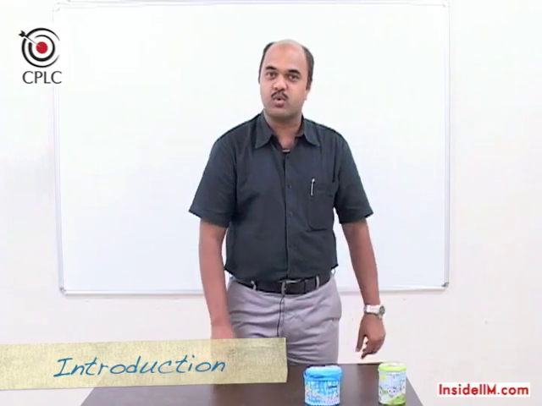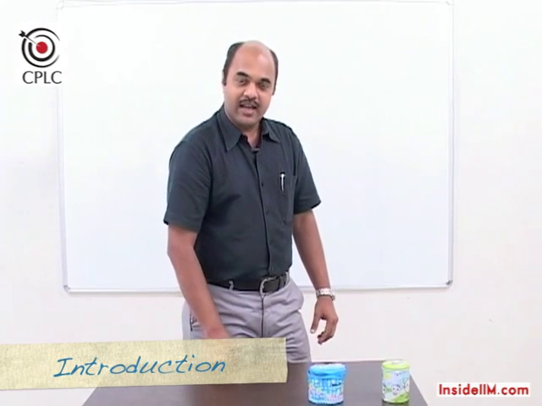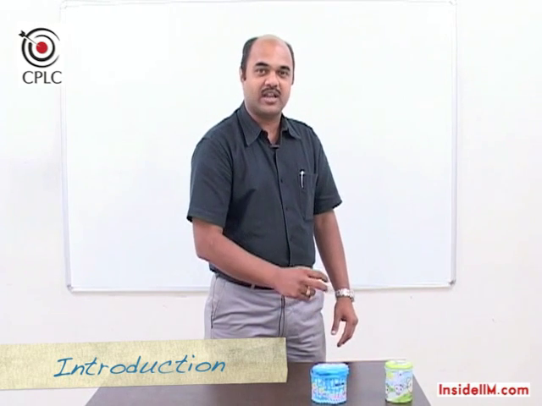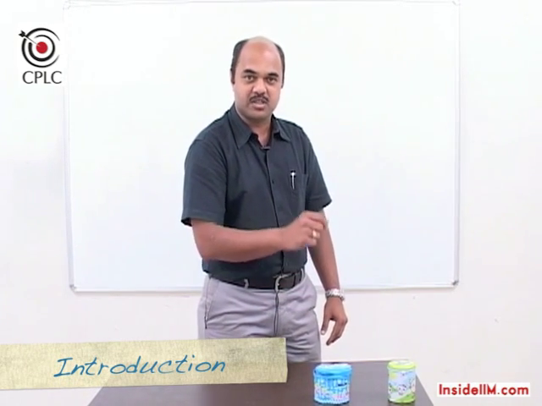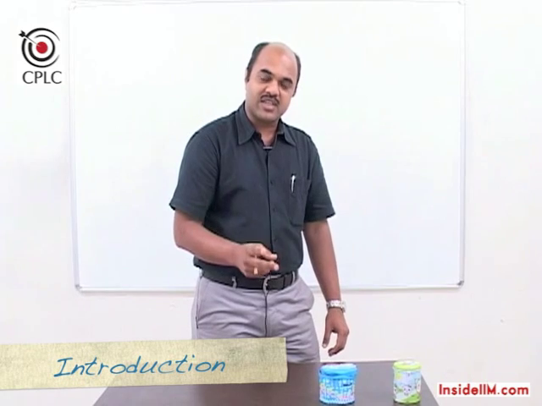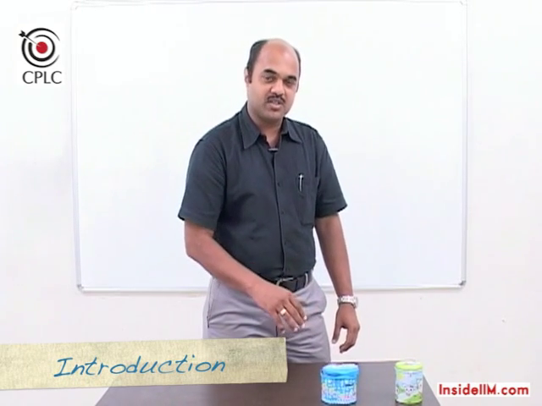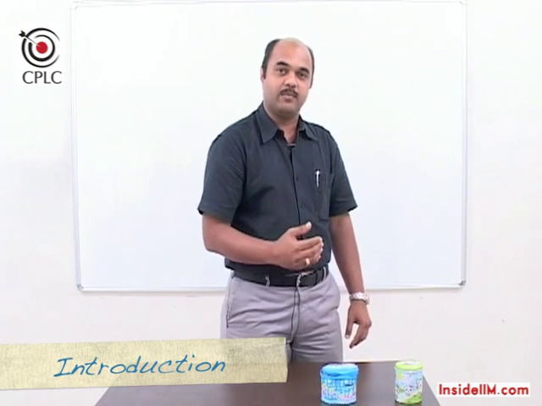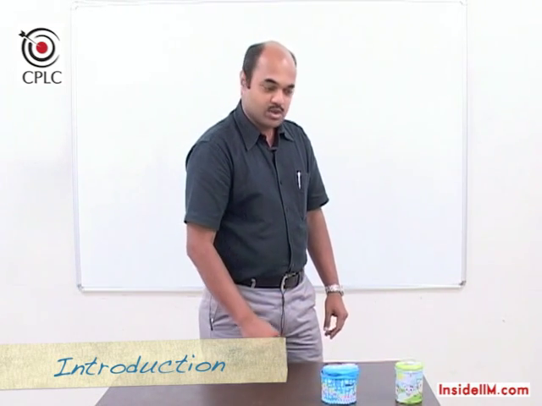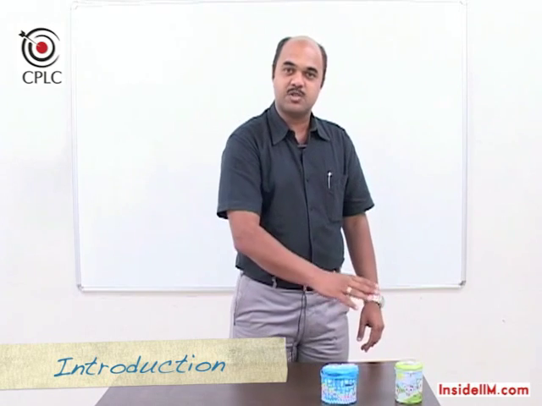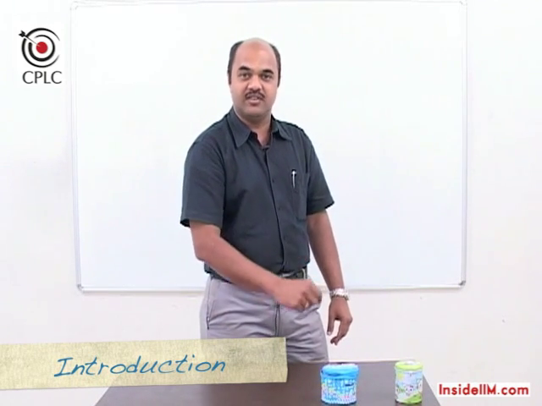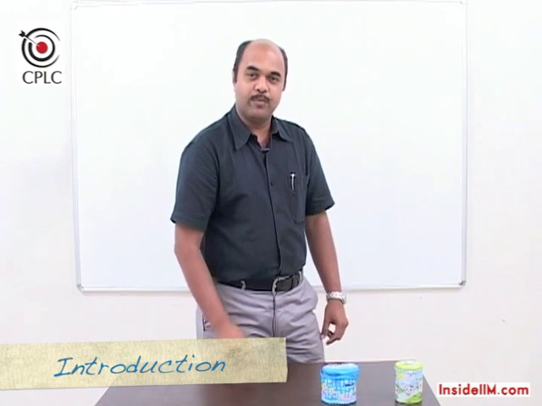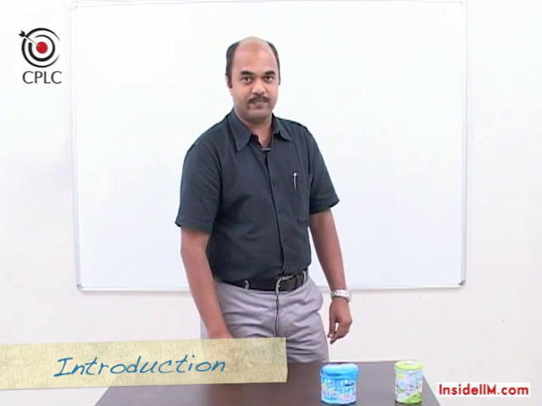So right now there is 1 rupee in the piggy bank, and on day 1 this person will put in 1 rupee so that the money becomes double, which means it becomes 2, and on the second day will put in enough money so that it becomes 4, and on the third day it will become 8, and so on. So person A will double the money every day, and person B will put in 50 rupees every day.